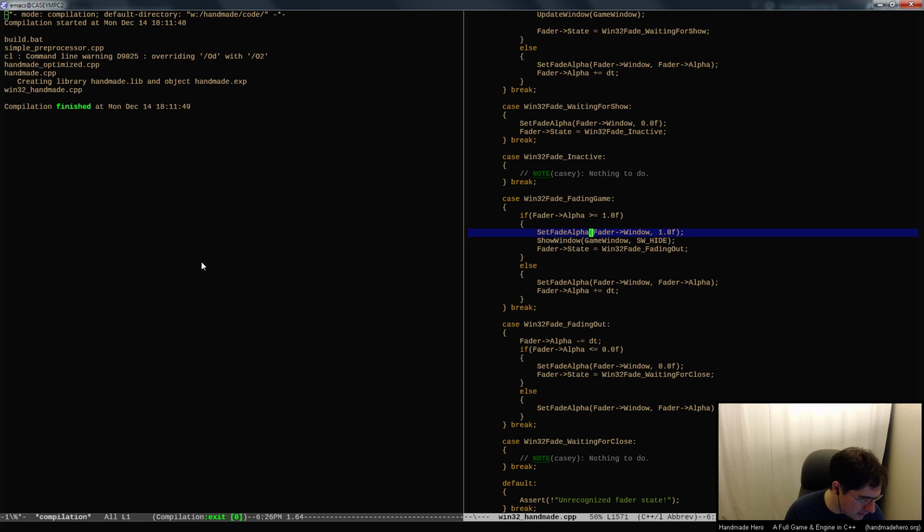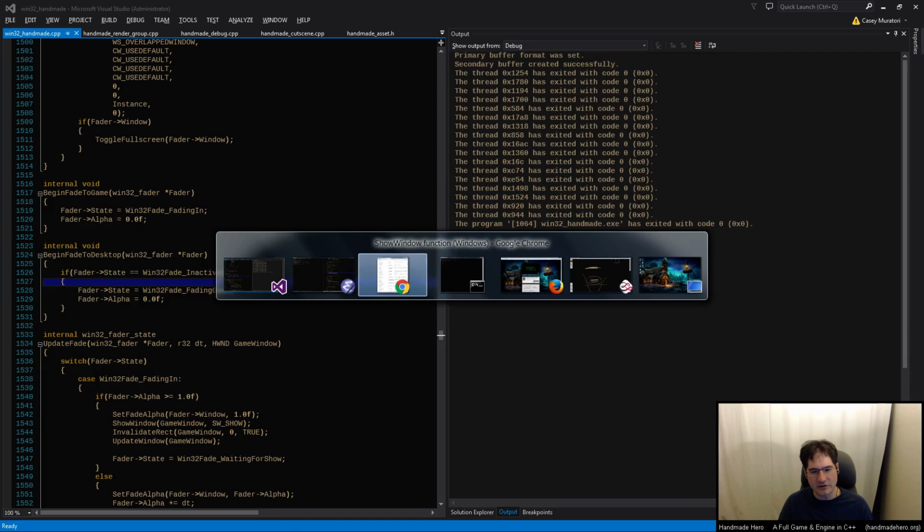Blau238 asks, this detour was all about startup and shutdown fades, but how would you implement fading in between in-game scenes? This shouldn't involve the Windows API, correct? Yeah, so once we're in our game, if we're only talking about fading between our stuff, we can just do that in our own renderer. That's nice because we don't care about Windows at all. Fading in and out to black is really simple. That's just a case of modulating to 0. And we've actually already got that,